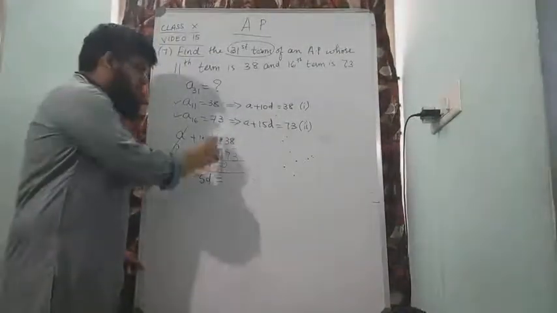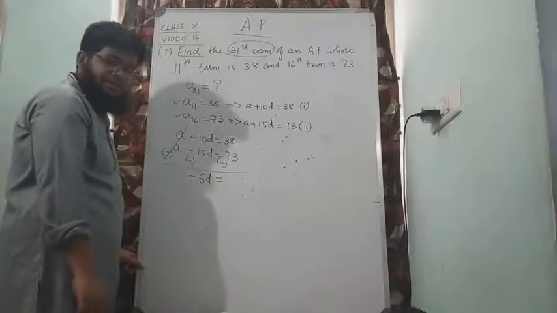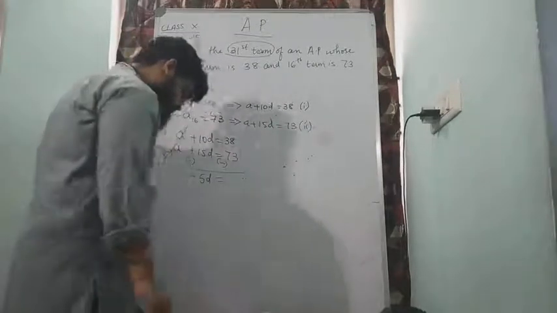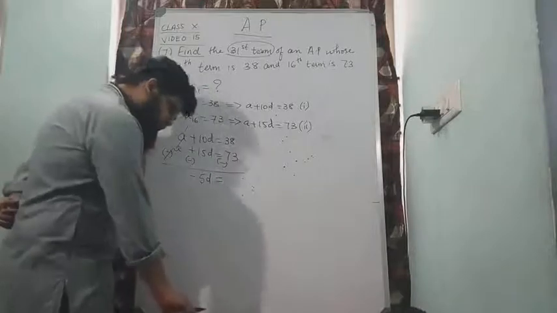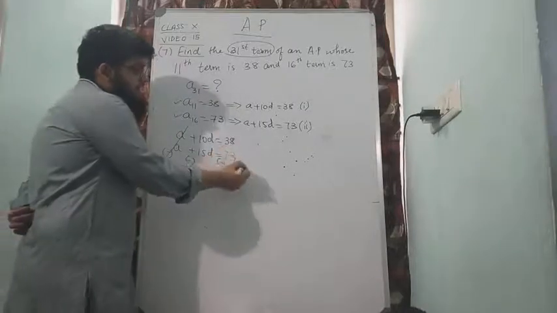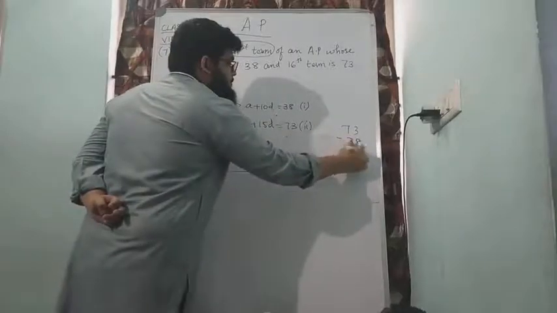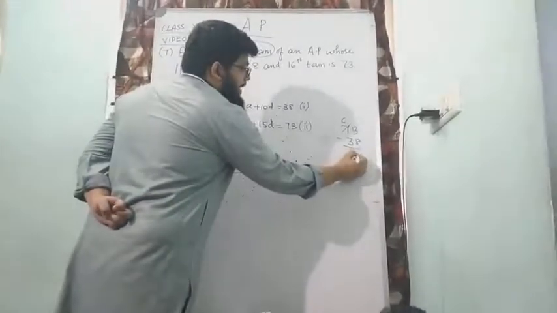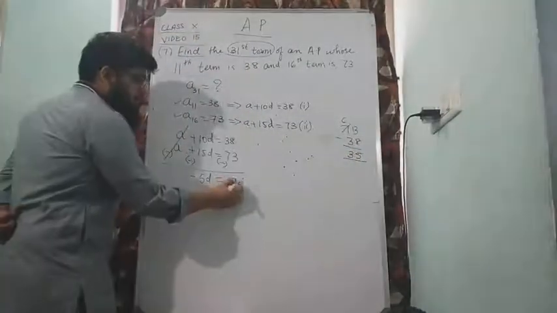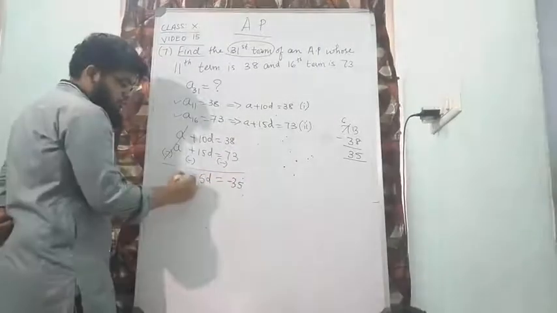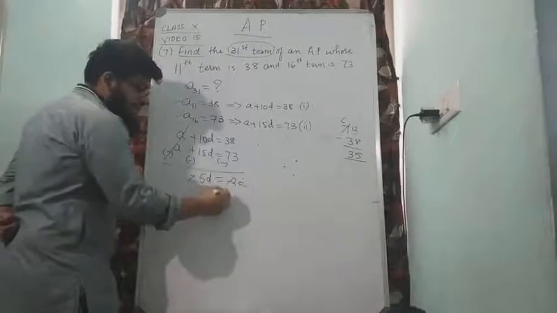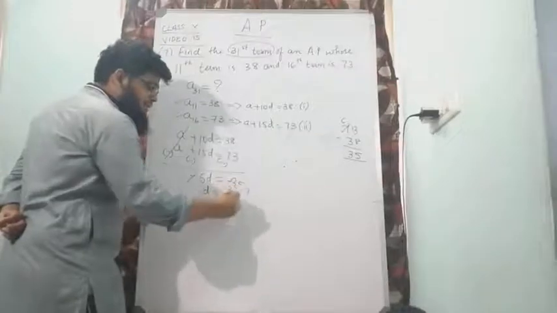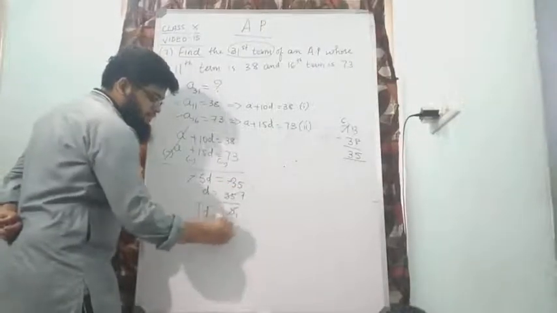That will be equal to plus into minus is minus, 38 minus 73. How do you subtract that? How much is 38 minus 73? So 73 minus 38 will be 13 minus 8, 5. 6 minus 3 is 3, so you get 35. And 73 is greater, so you get a minus sign. So the minus sign on both sides can be cancelled. So D is equal to 35 and into 5 becomes divided by 5. 5 ones are 5, 5 sevens are 35. So the value of D becomes 7.